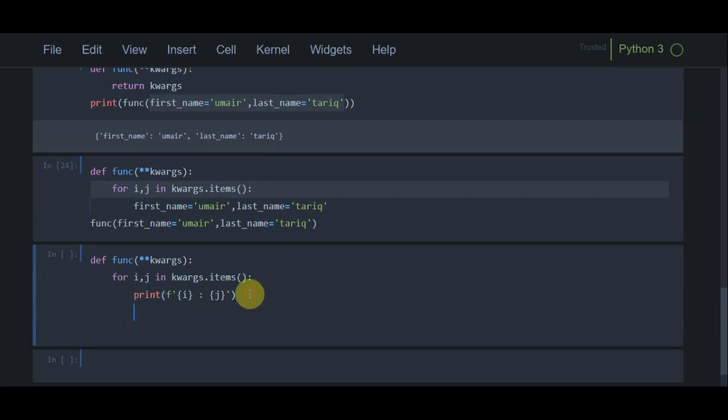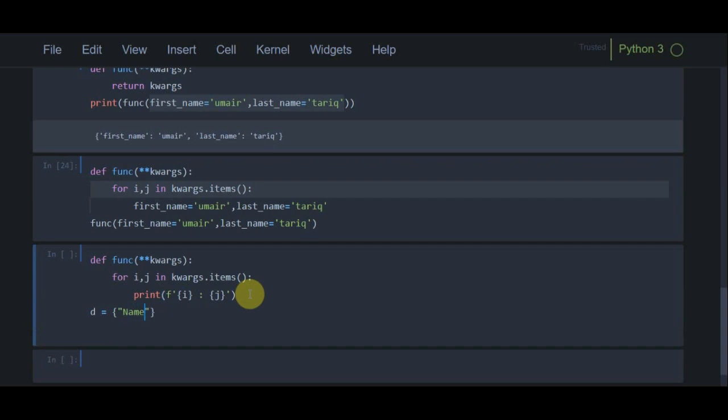Now what we have to do is create a dictionary. To unpack the data from a dictionary or any data type, we must create it first. Now d is equal to, d is our dictionary.